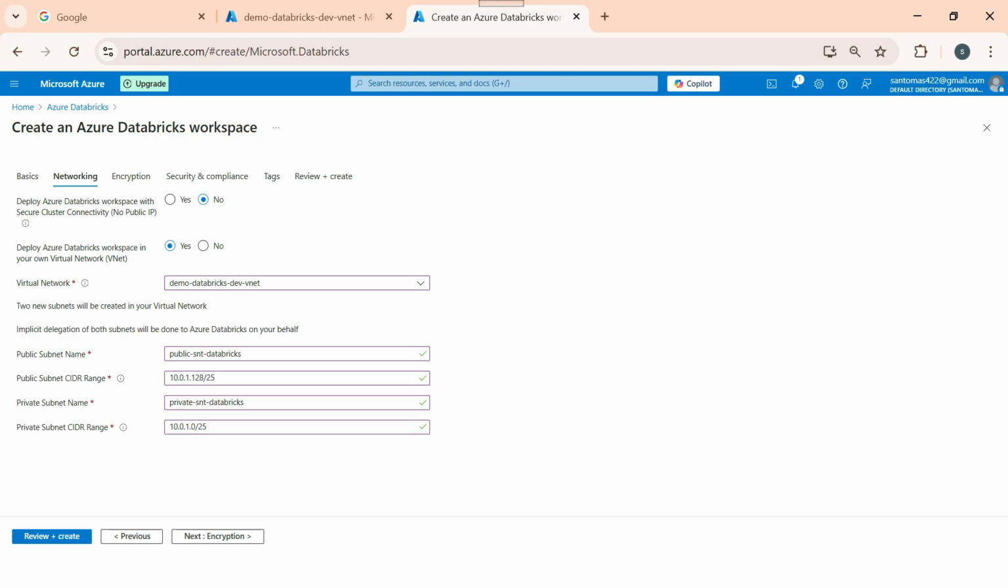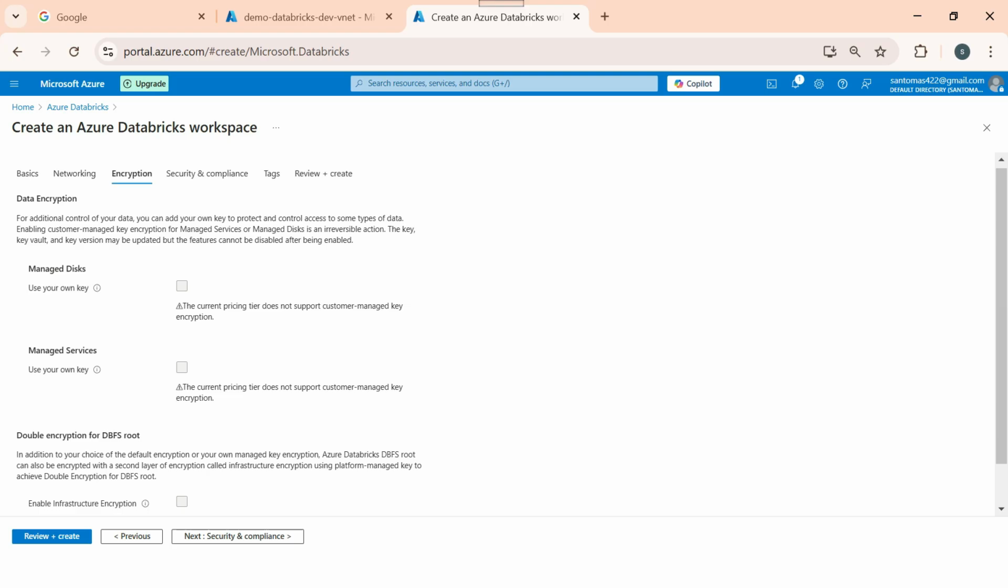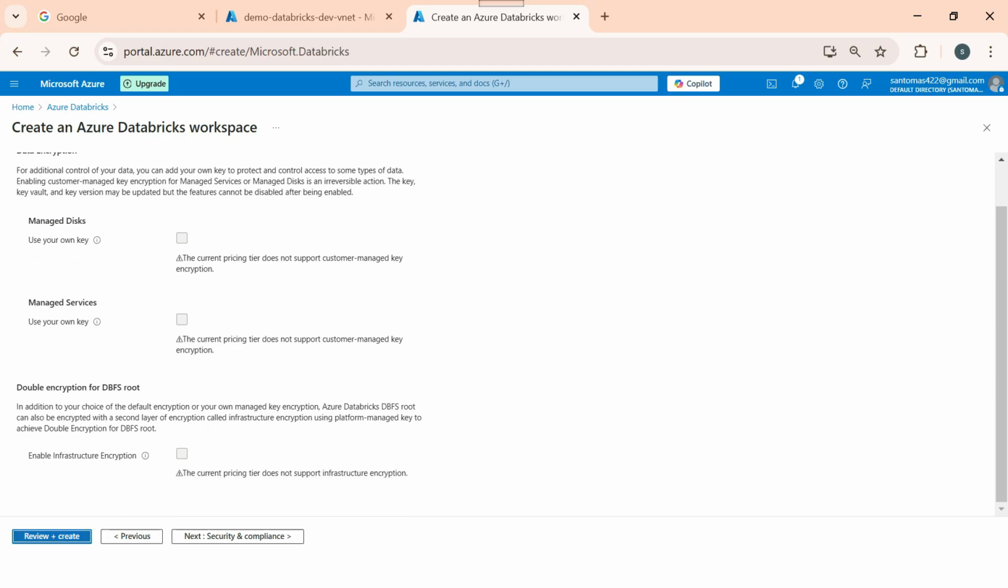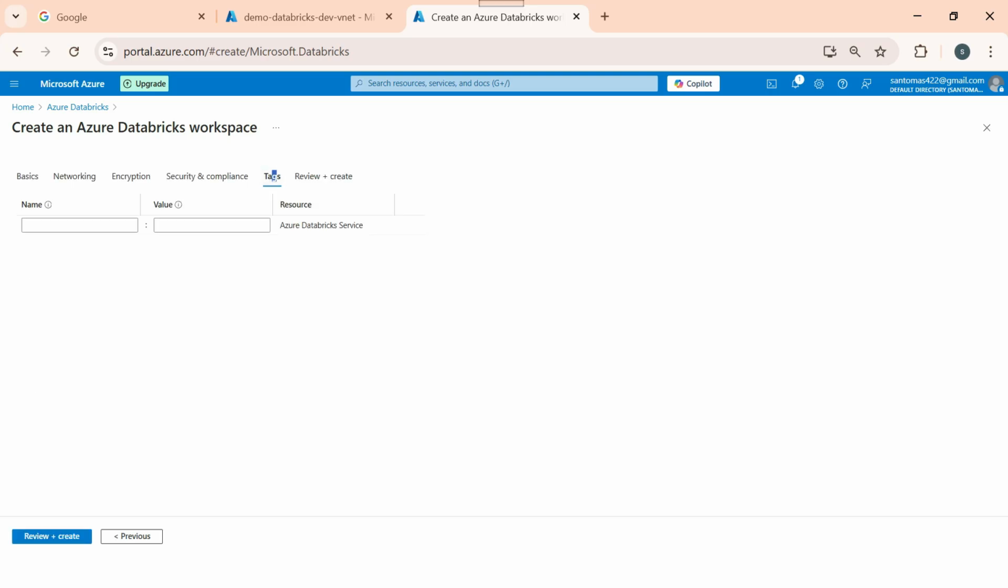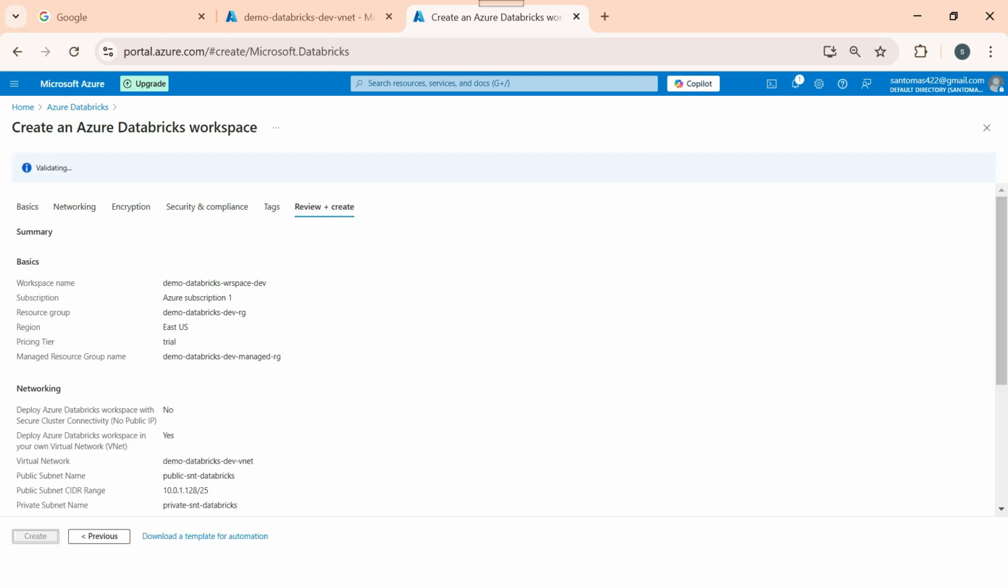Okay, so that's it. Let's click on next, encryption. I will not select any managed disk or managed services, and then I will click on create. Let's see tags. If I want to put some tags, let's suppose this is for demo. So this is demo, what demo? I will select, let's suppose, Databricks. Okay, so let's click on create,